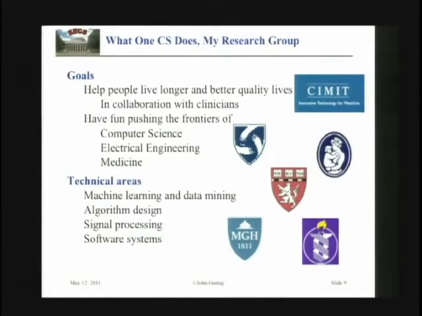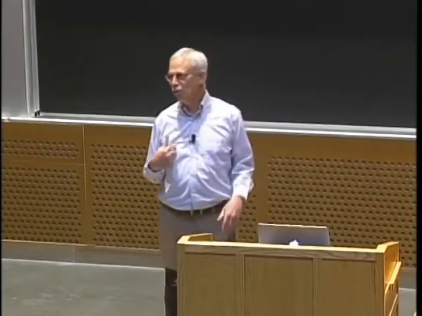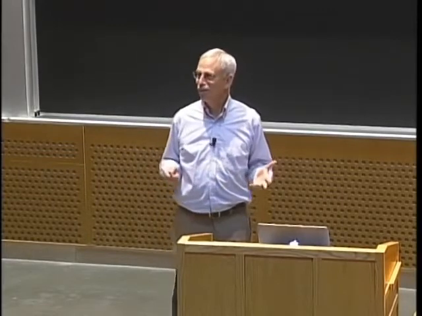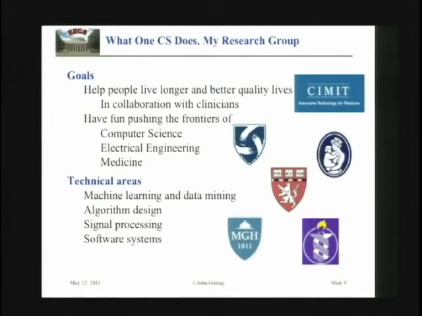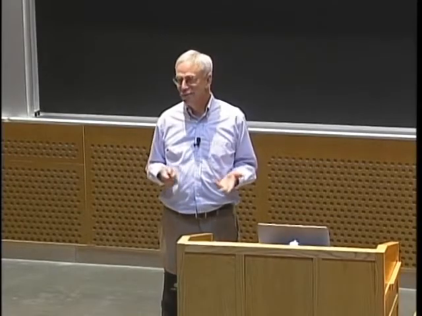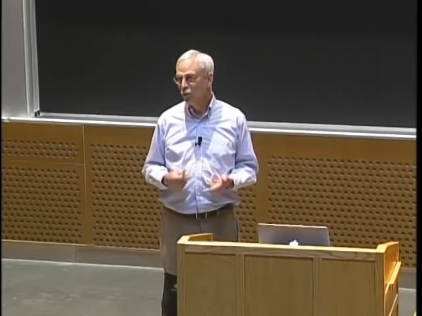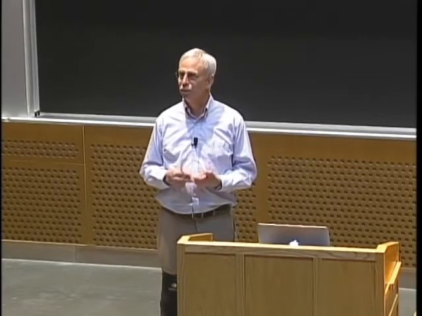All right, that's a very quick introduction, at a very abstract level, of what computer scientists might do. I'm going to spend some time now on what one particular computer scientist does, and that's me. Why did I choose me? Well, not because I'm the most interesting, but because I'm the one I know the best. So it's kind of easier for me to talk about my work than about somebody else's. And the truth be told, it's not actually my work. Like all professors, I claim credit for the work that my students do. So all of the work you're going to see is actually work that my students have done. Mostly graduate students, but also some very productive UROPs.